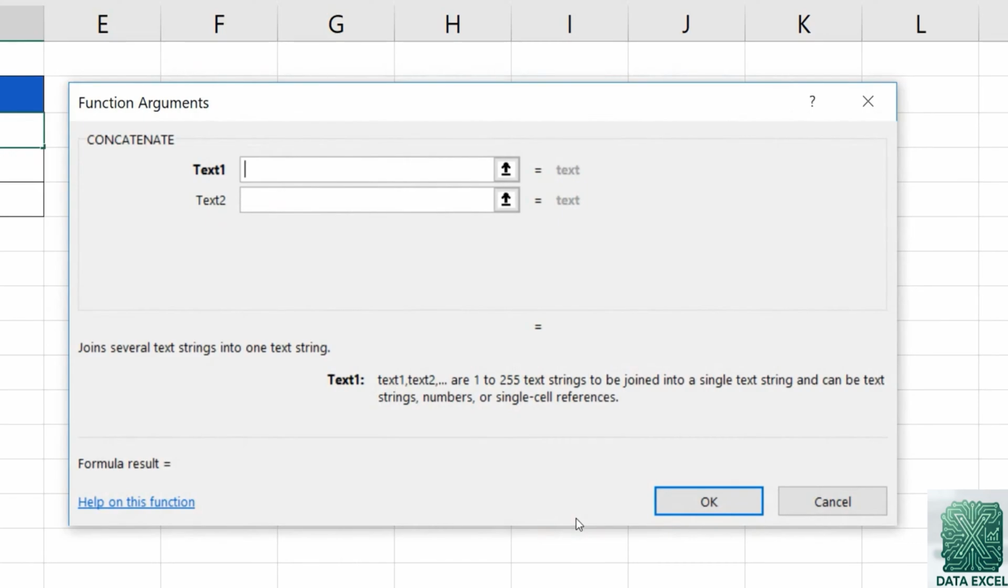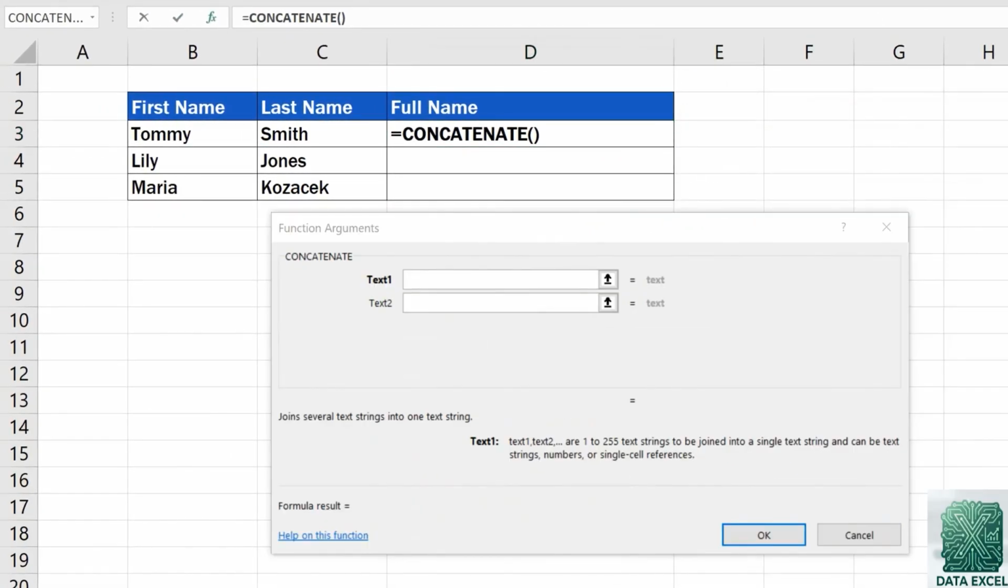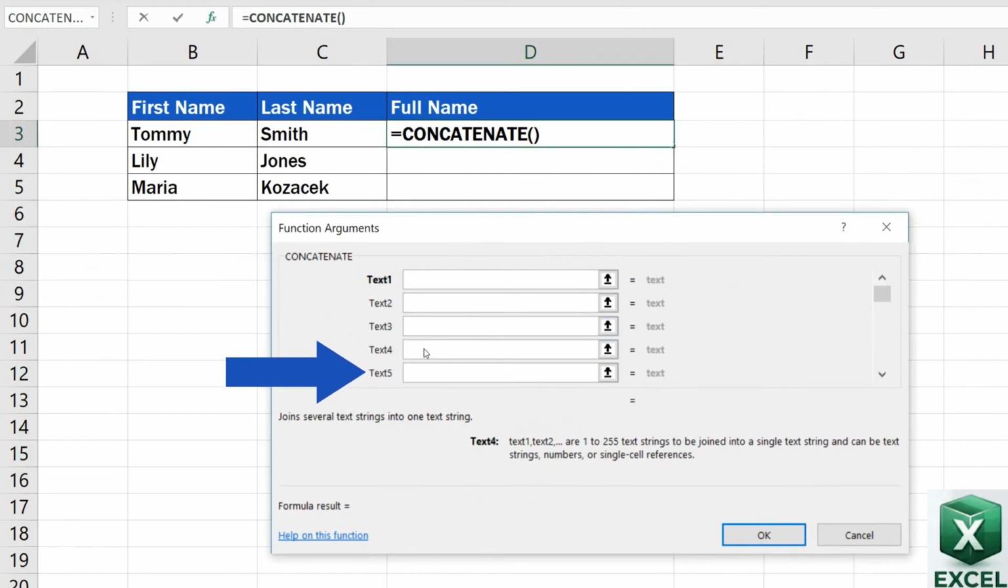For now, Excel will offer only two fields, Text 1 and Text 2. Here you can enter the data you need to combine. Don't worry if there are more than two items to be combined on your list. When you start entering the data, the third, the fourth, and the fifth box will appear automatically once you've reached the last visible field. And it'll carry on like that, altogether. Excel will allow you to combine up to 255 different items,